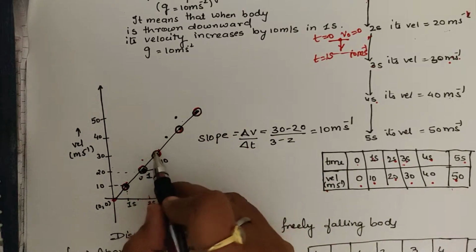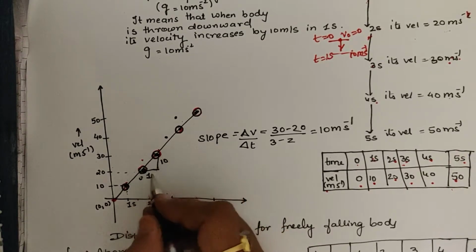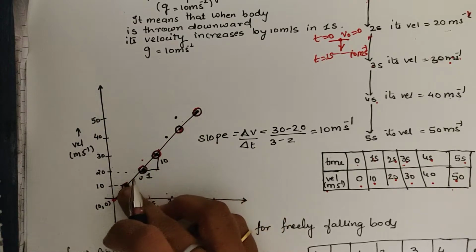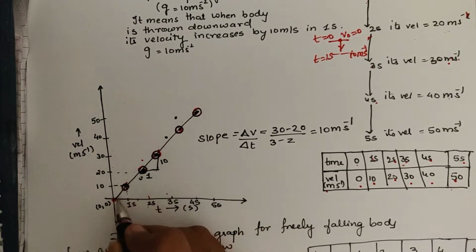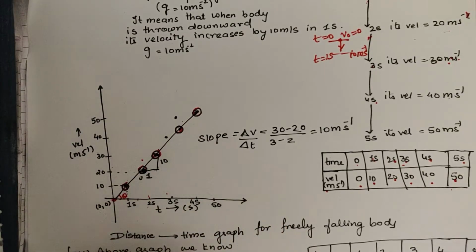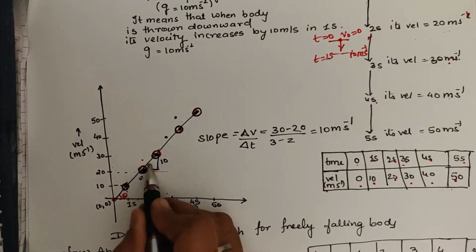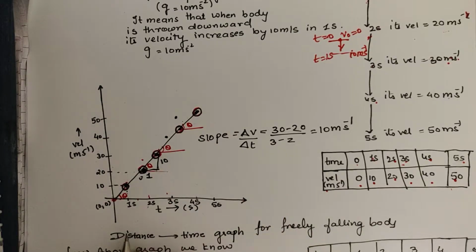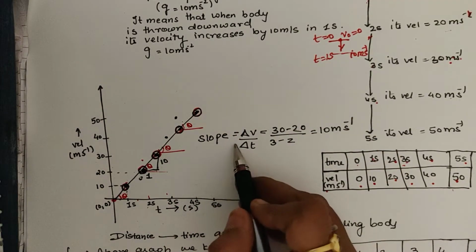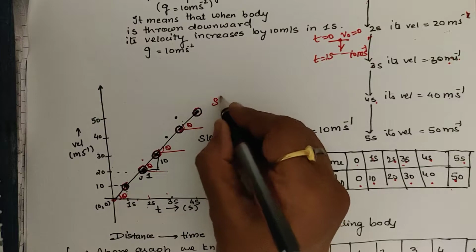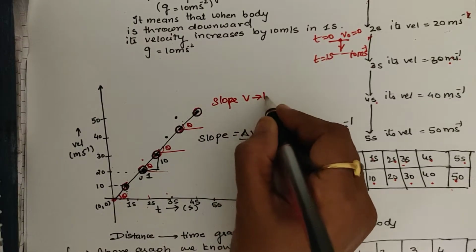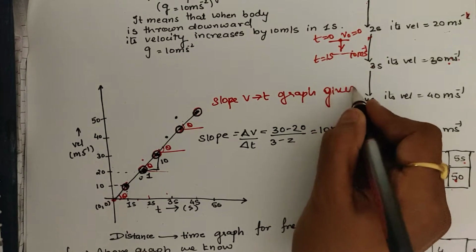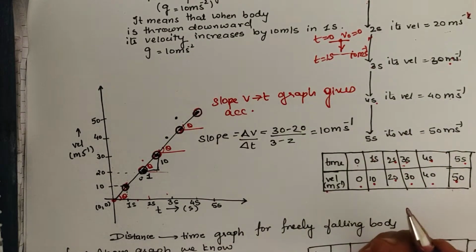And if we need to find the acceleration, the acceleration at every point would be constant here, or you can say the slope is constant. How do you get the slope constant? Suppose I say this is theta, at this point also this is theta, at this point also theta. So the slope of the V versus T graph gives us what? Acceleration. The slope of the V versus T graph gives us acceleration. So at every point the acceleration would be the same.